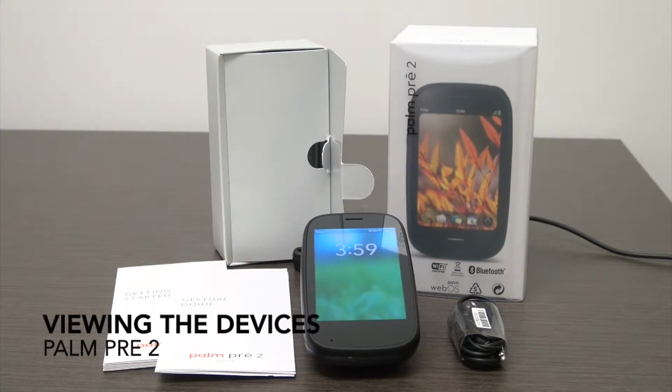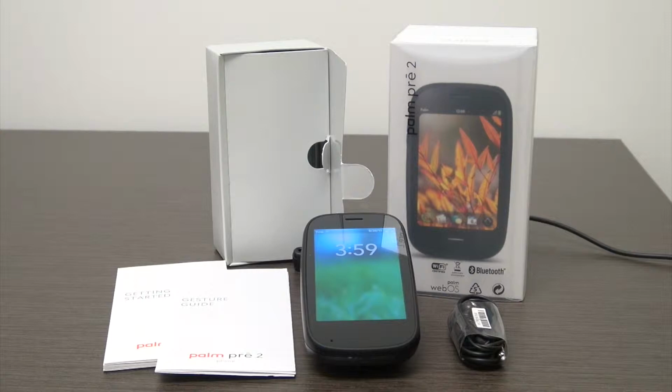First on the agenda is the Palm Pre 2, released in October 2010 in Europe and 1 month later in November in the United States. As the successor to the Palm Pre original, it provided a more advanced flat Gorilla Glass screen in place of the curved plastic of the original Palm Pre, a faster processor, and an